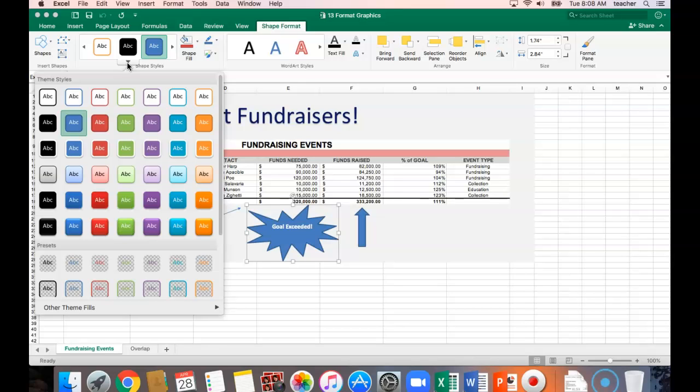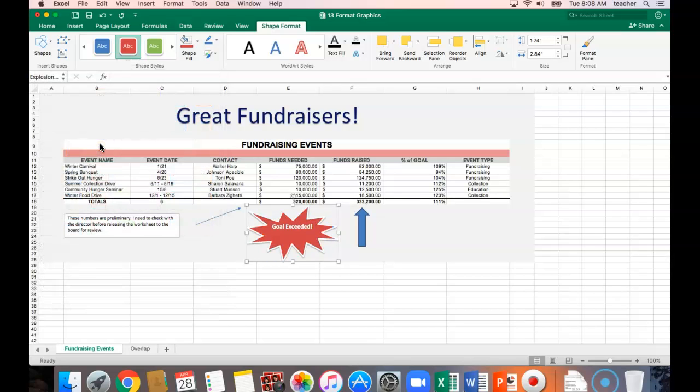Okay, the one we are looking for is called Light 1 Outline Colored Fill Red Accent 2. Okay, I think it's this one, Light 1 Outline Colored Fill Red Accent 2. So we're going to click on that. Okay, and so this is what your shape fill should look like right now. Now we can also change the color